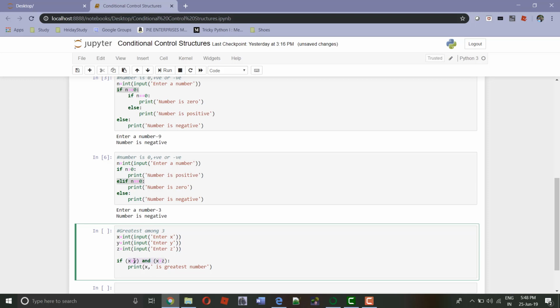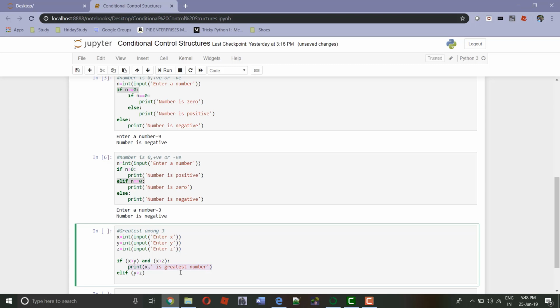We have only two numbers left now, y and z. So here we will use elif to write our next condition, and our next condition is y is greater than z. In that case, if y is greater than z, then we should give that y is the greatest number. So we will give the indentation first and then we will give the message.